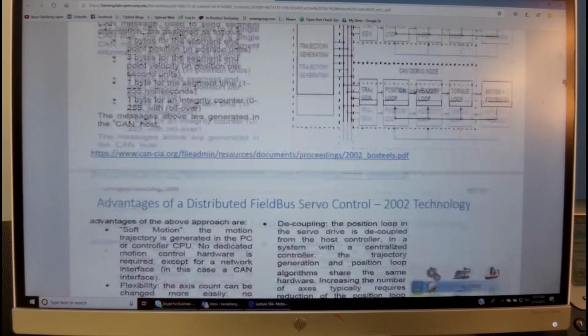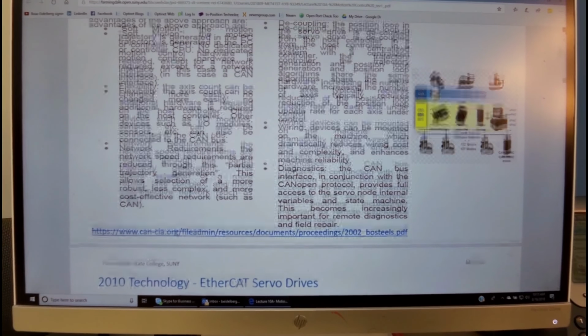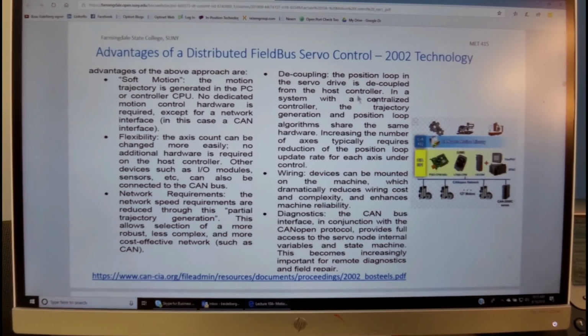And the typical configuration that we see over here, which is distributed field bus servo system, starting in the early 2000s, has an advantage that it could use a soft motion controller. It could be just a PC or a laptop to derive the trajectory, and then the controller can be connected through the CANopen network into the system.